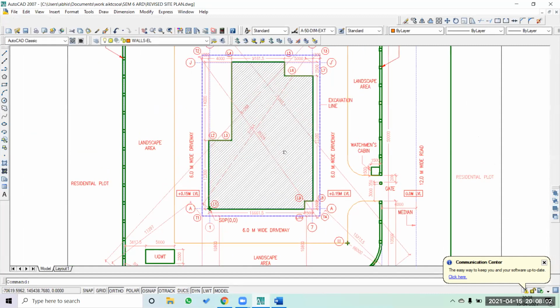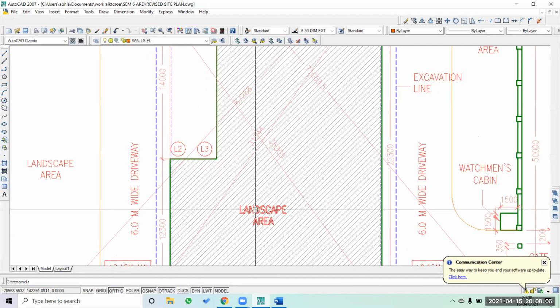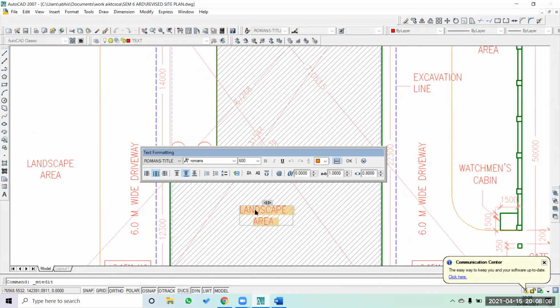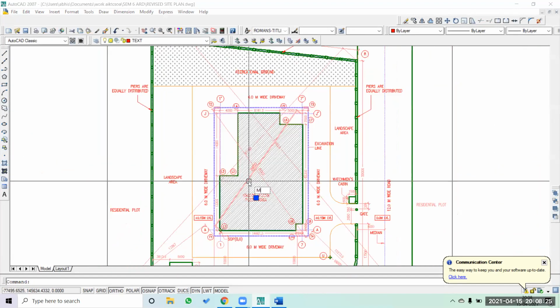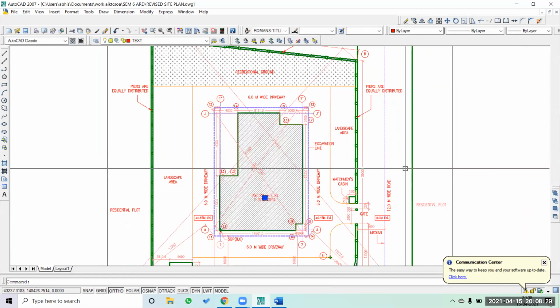Yeah. The one piece of information which we have missed is that you have to mention the ground floor plinth area, so that we understand what line we have considered as a reference.